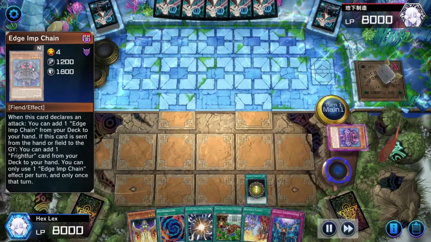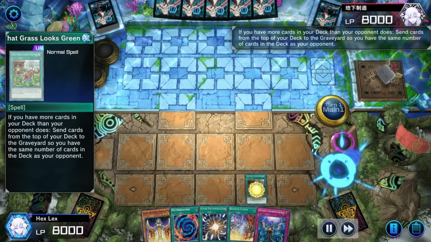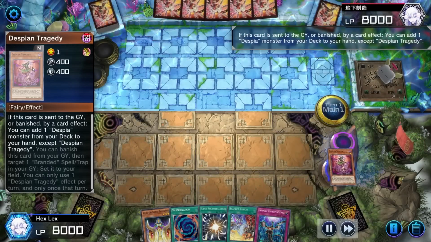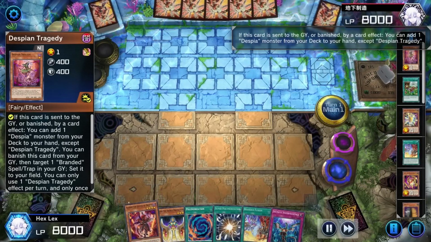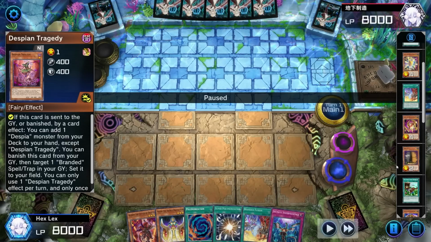We actually managed to top into a That Grass Looks Greener, so I'm going to go ahead and fire that off. Milling a lot of cards there. I'm going to activate Despian Tragedy, and that's it. You might have noticed I milled both Kelbek and Agido, but as always,